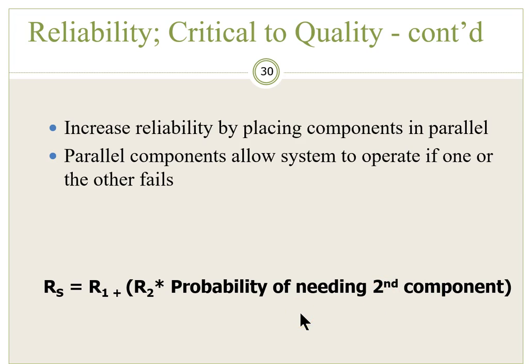So what do you do in a situation like that? In order to make sure that you have reliability in your product, in your service, in your system as a whole, you need to increase the probability of that reliability by placing redundancies in your process system, right? Redundancy increases reliability by placing components in parallel so that when one component fails, the other component takes over. This is redundancy to an extent.